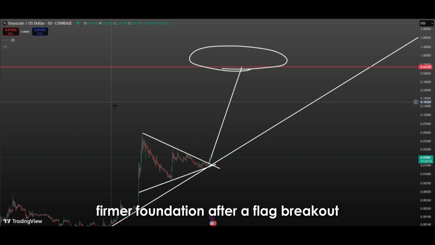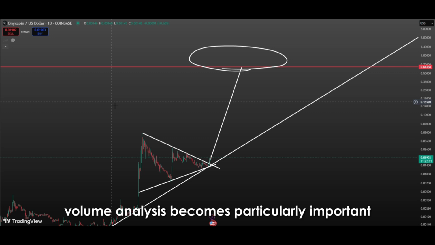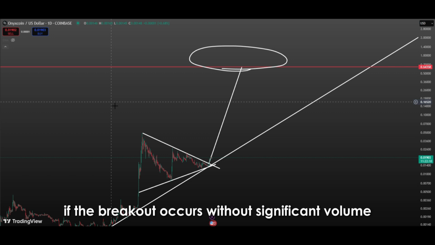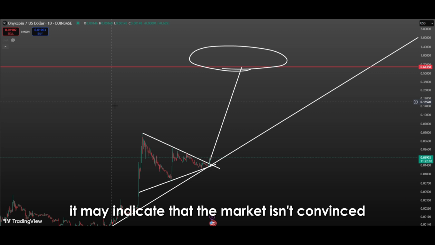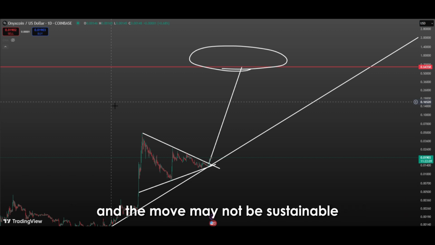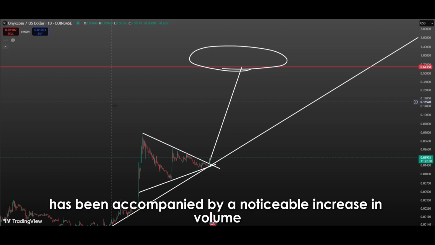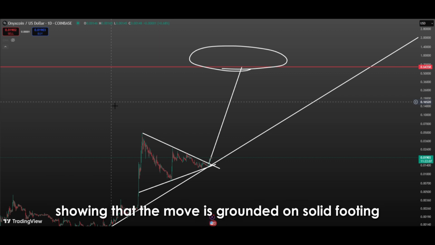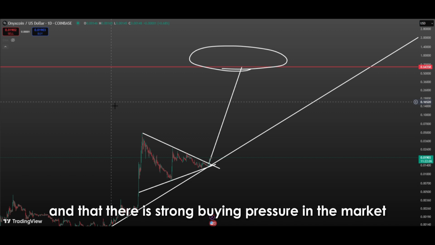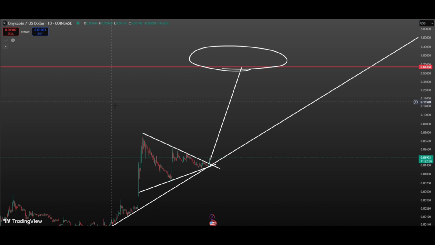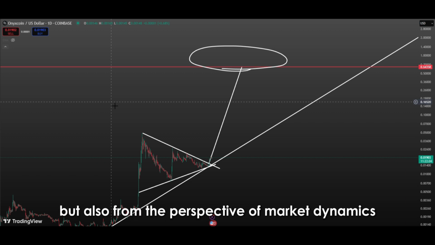After a flag breakout, volume analysis becomes particularly important. If the breakout occurs without significant volume, it may indicate that the market isn't convinced and the move may not be sustainable. However, in this case, the breakout of the flag has been accompanied by a noticeable increase in volume, showing that the move is grounded on solid footing and that there is strong buying pressure in the market. This increases the validity of the pattern's target not just from a technical standpoint, but also from the perspective of